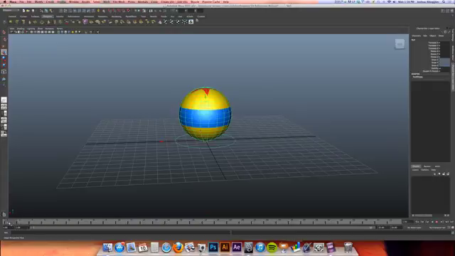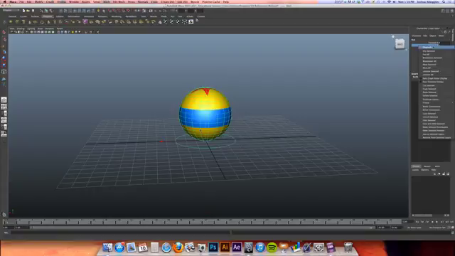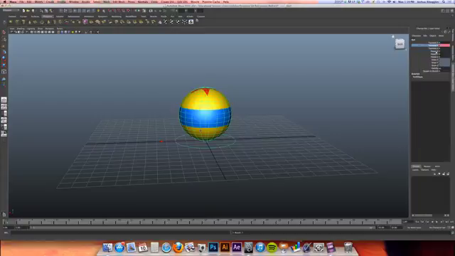I'm going to move this little timeline selector right to the 1 frame mark. Now I will click on the Translate Y attribute. I don't want to click on the value, just the Translate Y attribute. I'm going to right click on that, and I'm going to select Key Selected. All right, and you'll notice when I do so that it turns that field pink. What that means is that we've locked in that value of the Translate Y attribute at the first frame in our timeline. Now I'm going to